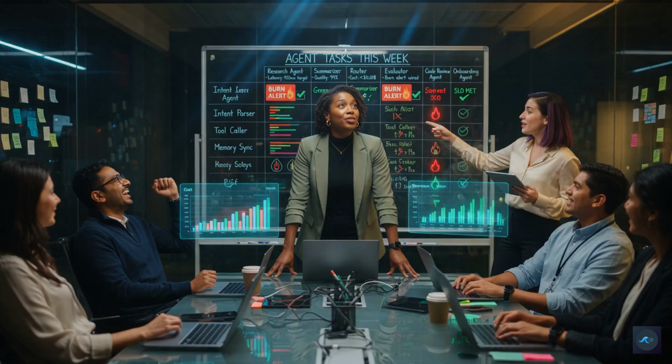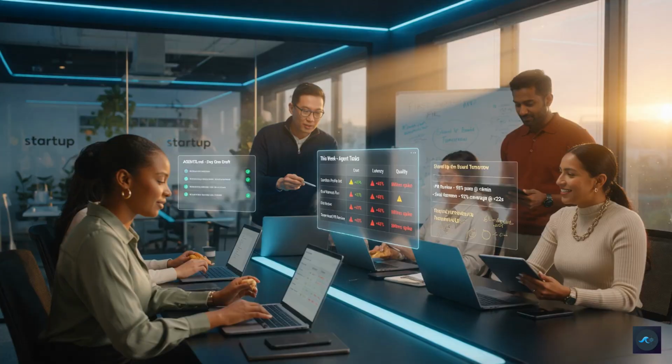Your move: emit cost, latency, and quality rows for every agent task this week. Sketch provisional SLOs per task type. Wire 2 burn alerts. Tune in tomorrow. We build the agent onboarding pack for new hires. Day 1: agents.md, sandbox profile, eval harness, and first supervised PR, so the stack does not die when the champion